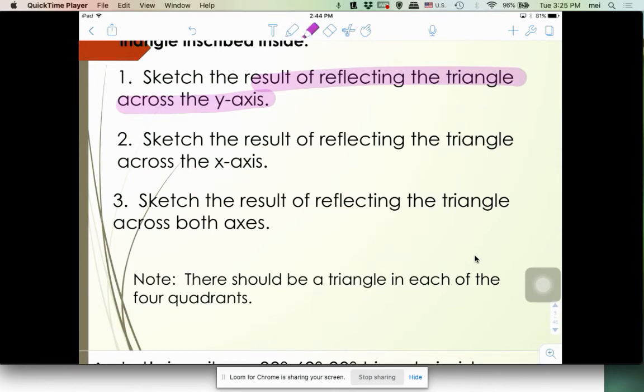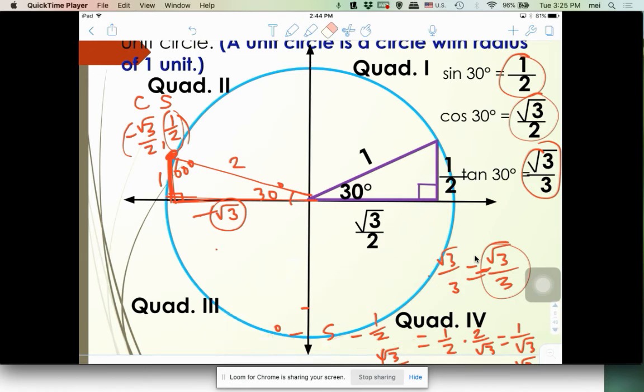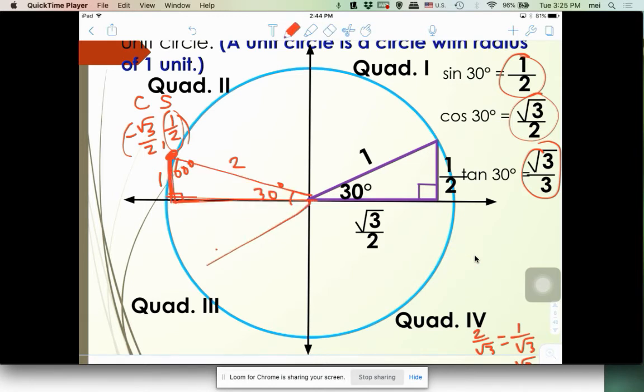So we're going to continue the pattern and finish reflecting the triangles over the x-axis. So we will have a total of 4 triangles. So let me clean up the board here again. All right. So we're going to continue and reflect it across the axis. And that is what it's going to look like across the x-axis in the 3rd quadrant and then in the 4th quadrant,